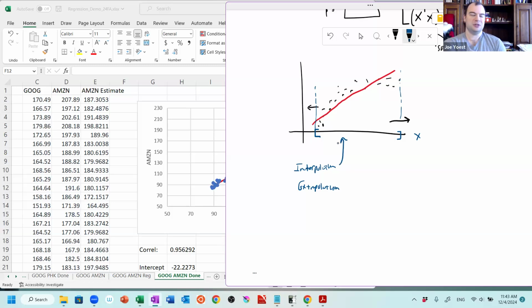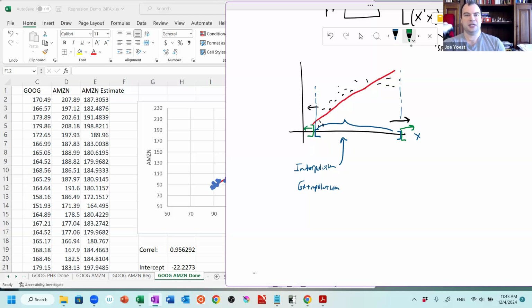If I'm making estimates or using my model within this range where I actually have x value data, that's interpolation. It's kind of inside of the data that I have. As a general rule, interpolation is much more reliable and much more trustworthy than extrapolation, where I'm going outside my data,